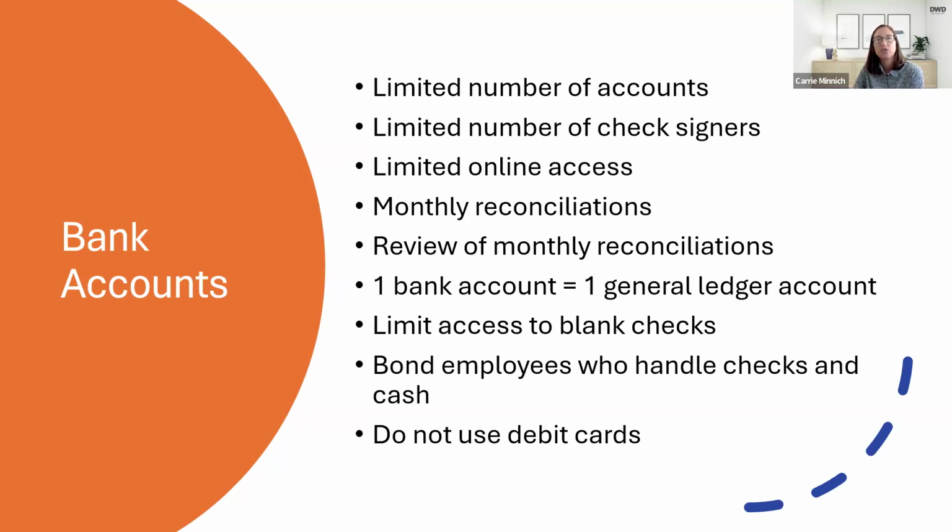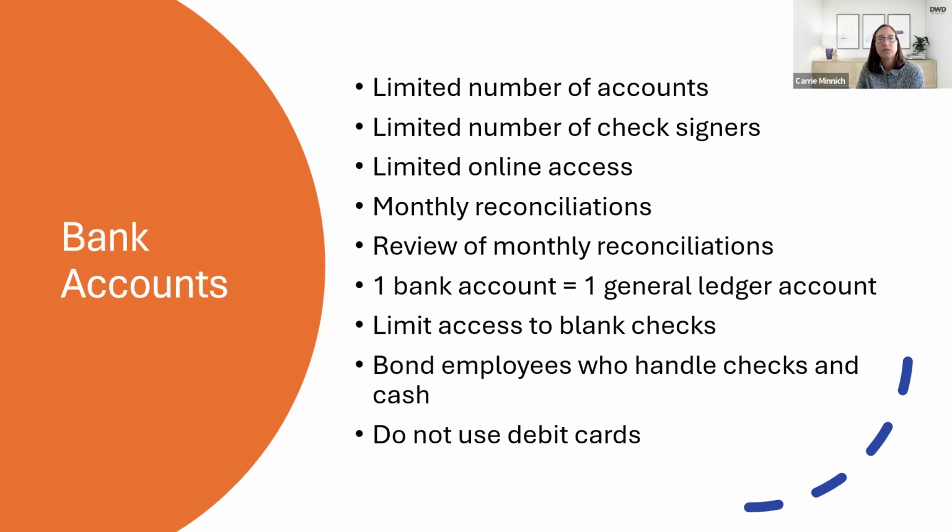Because if you're making a journal entry in your cash account, then that's normally for something that has already cleared the bank statement. So if you have journal entries on your bank reconciliation as outstanding items that haven't cleared, that's probably incorrect. As part of the bank reconciliation process, we also need to make sure that it's reviewed by the proper member of management. The bank reconciliation should not be prepared and reviewed by the same person. It needs to be two different people.